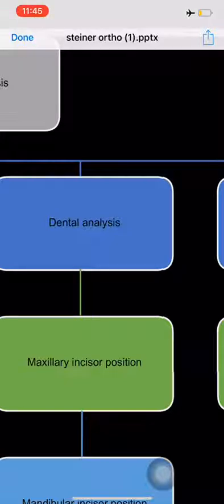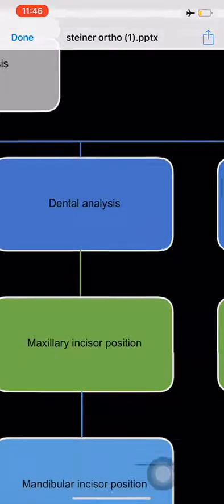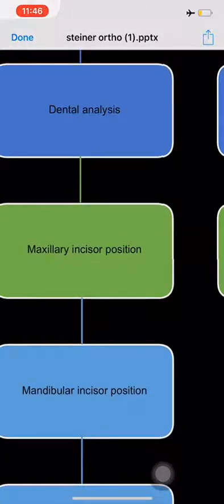the long axis of the upper central, it will cross the palatal plane and will cross the SNA plane and the Frankfurt plane and form an angle with these planes. Also, mandibular incisor position. When we draw the line with the long axis of the lower mandibular incisor, we make an angle with the mandibular plane and other